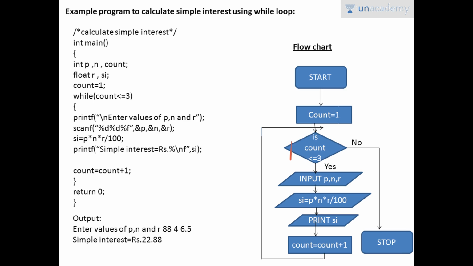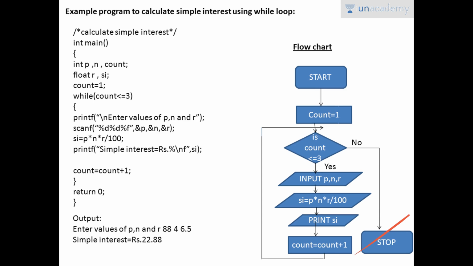If it is yes, we give an input for the values p, n and r, then calculate the simple interest, then print the simple interest. Once this is done, we increment the count value and then go back to the condition. Again the count will be tested. If it is yes, the same procedure is followed. If not, it will directly come to the stop, that is the end of the program.